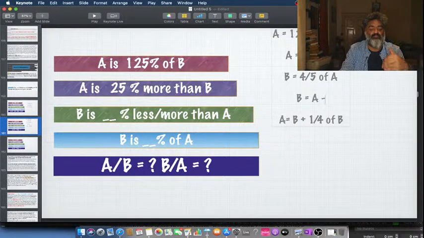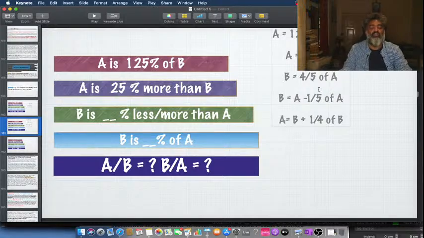Because it's less than 1. So A minus 1 by 5 of A. Now I just have to interpret this. What is the meaning of 1 by 5? And your answer should be 20%. So B,